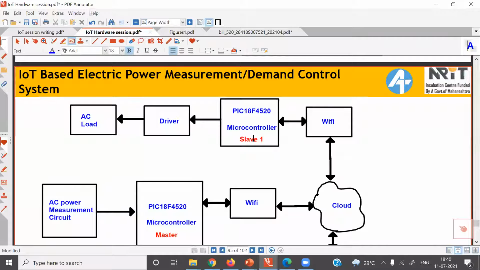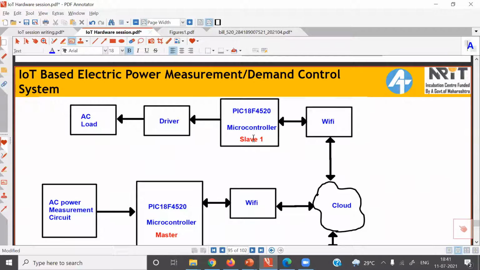So this slave device, for example, can be installed in a computer laboratory, and in most computer laboratories there are inverters. So this slave device can take an intelligent decision: if kVA demand exceeds 60% of contract demand, this slave device can switch off the AC power supply coming from the state electricity board, and put the entire computer lab on inverter. And an inverter usually has a backup of around 1 to 2 hours. So during this critical time, if the computer lab is operated on inverter, then the kVA demand can be reduced.